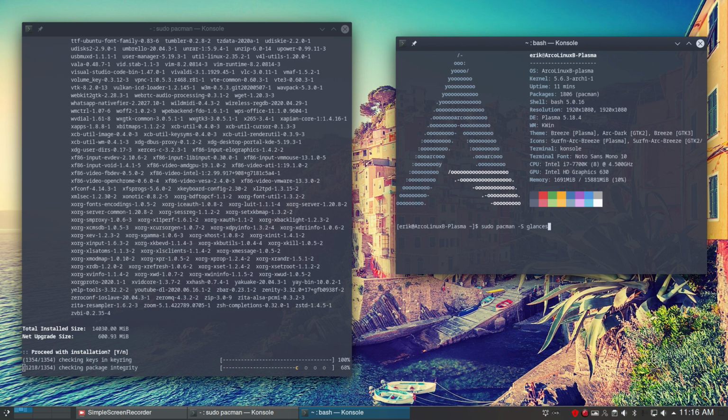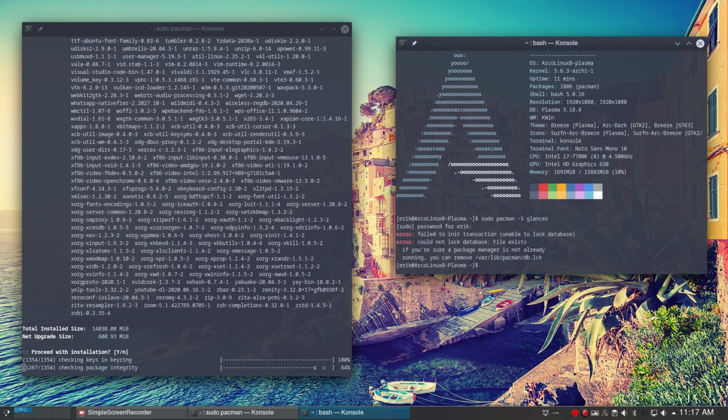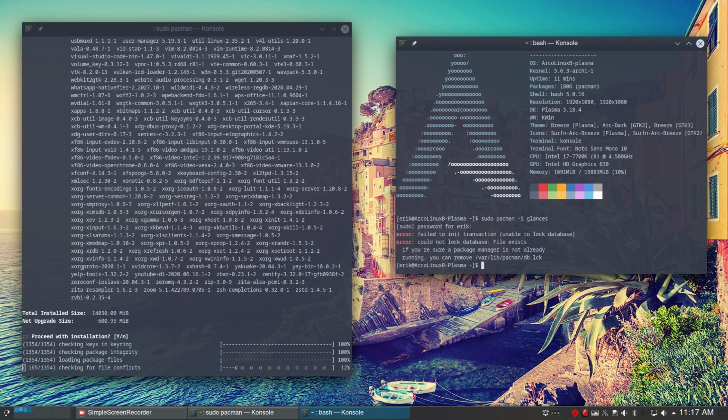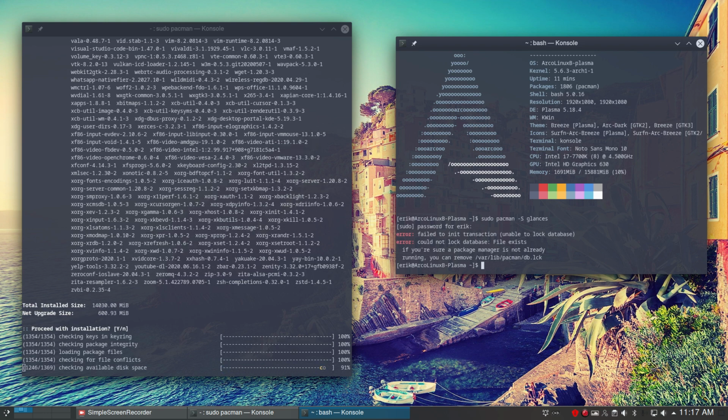Right? But now I can't. Why? There can't just be only one pacman running. So I put a log file somewhere, db log, which pacman finds and says, oh, no, I can't go any further because there is already a pacman running. So it's kind of a safety. Now, if nothing is running,